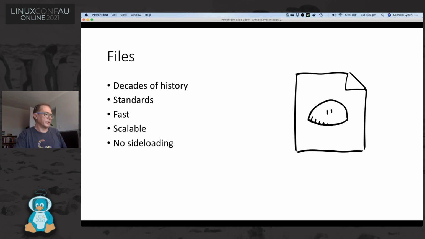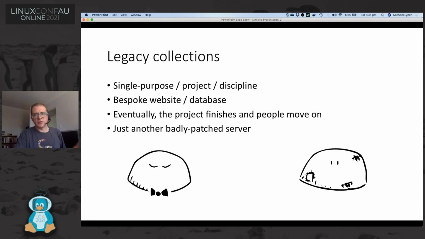Arkisto is meant to stop it being a bunch of stuff. The other problem that we're addressing is legacy collections. These are different from big institutional research data stores with all sorts of stuff in them. They're single purpose. A researcher or a team of researchers has put time, love, and dedication into curating a data